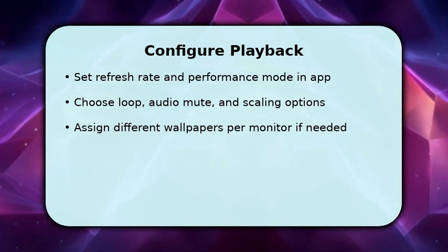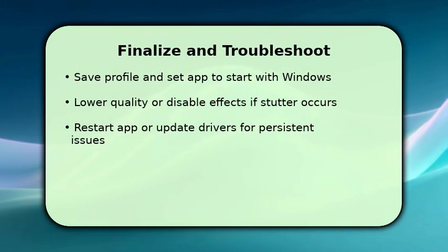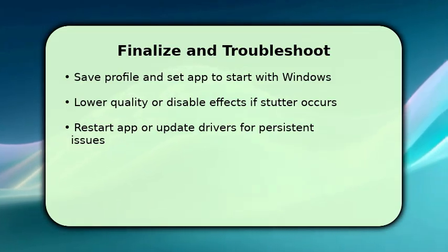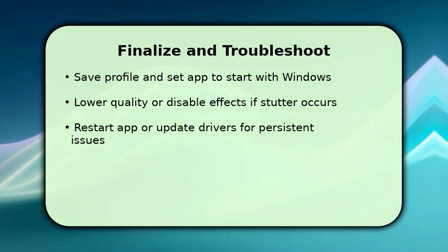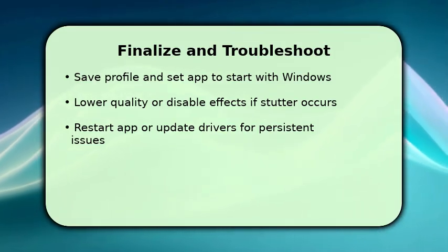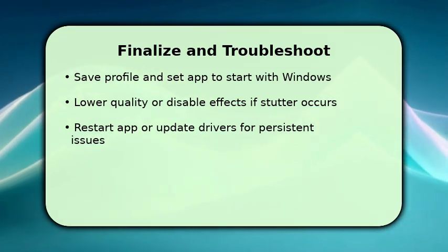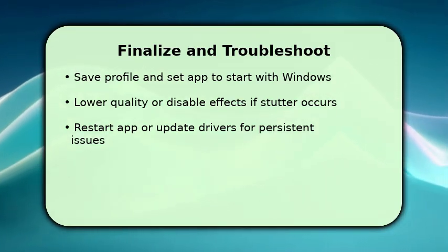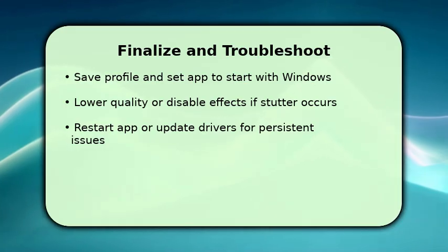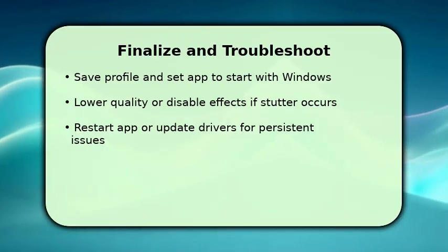To finish, save your wallpaper profile and enable the app to start with Windows so your animated background loads automatically. If you notice stuttering or high usage, lower playback quality, disable extra visual effects, or limit frame rate. These changes free resources while keeping motion. If problems persist, restart the app, check for updates, and make sure GPU drivers are current. This resolves most compatibility issues. One key tip: disable hardware acceleration in conflicting apps if animation